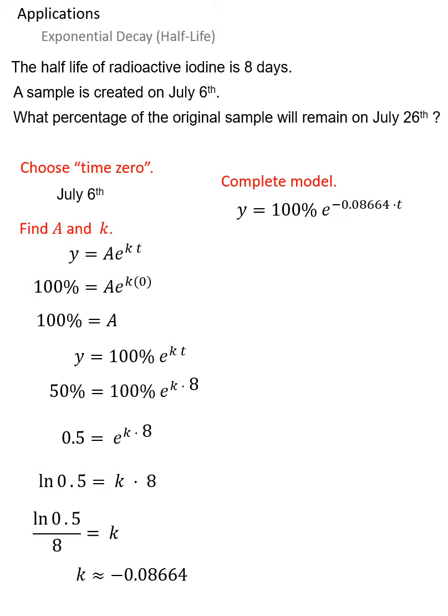Remember, all of this model creation gets done before we ever address the question. Now I'm ready to address the question, what percentage of the original sample will remain on July 26th? Well, that's like saying find y when t is 20. Why is that? Because July 26th would be day 20 if the sample were created on July 6th as my day 0. In other words, 26 minus 6 is 20. And I can plug that in for t, 20 I mean,